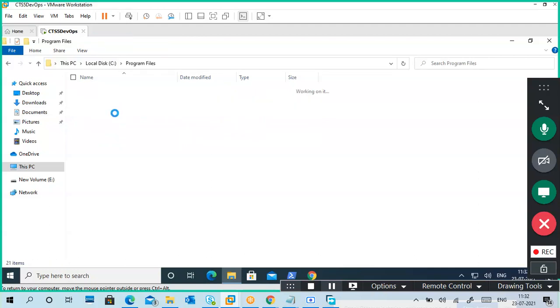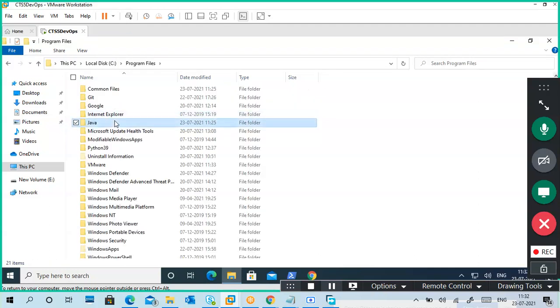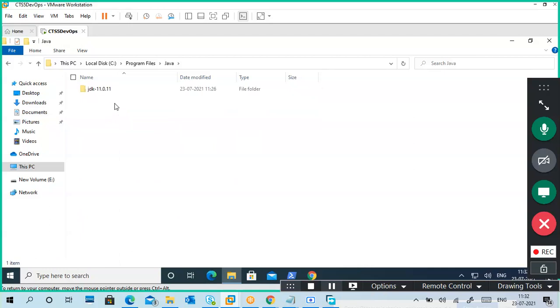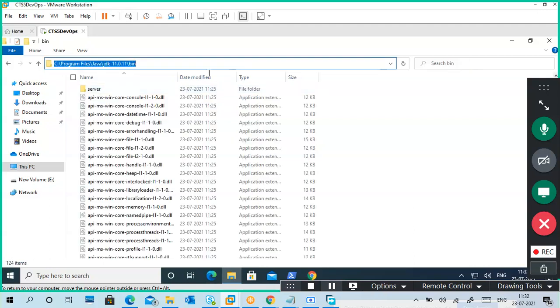I gave the full path directly, till the bin. I just copied this one using the browse button. Through browse, no? Copy this one, click on new, and paste. All right, sir. Okay.